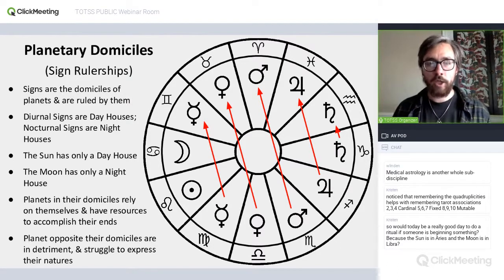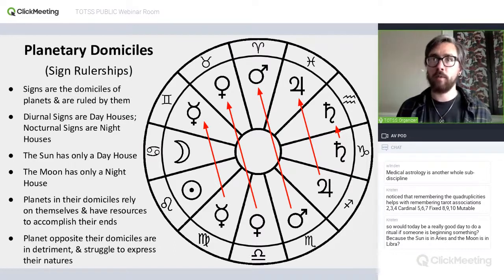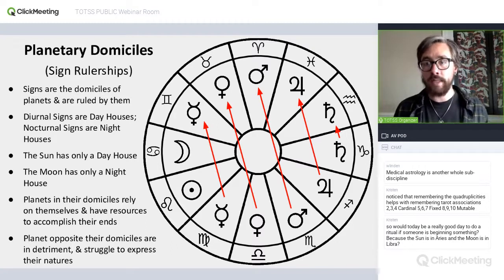Now, a little bit of this logic of opposition. If a planet is in the sign opposite to its domicile, because that sign will be kind of opposite in its significations to the sign of the domicile, that's thought to be a particularly difficult place for the planet. Now, it's not necessarily that the planet is bad or anything like that, but just that the planet will have some kind of adversity, and that the planet will struggle. It can sometimes indicate struggle or difficulty in a particular area of the life if a planet is in the sign opposite to one of the signs that